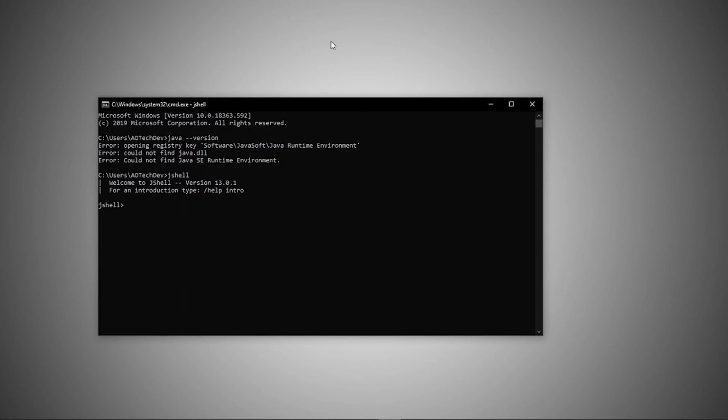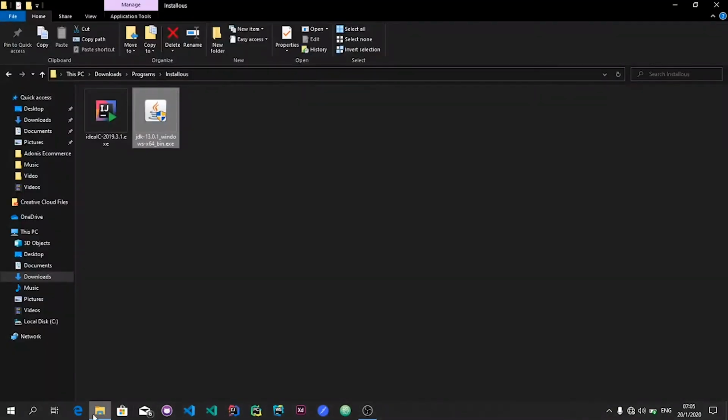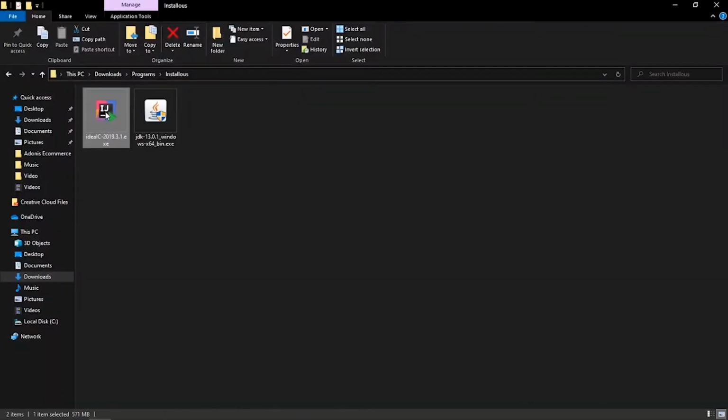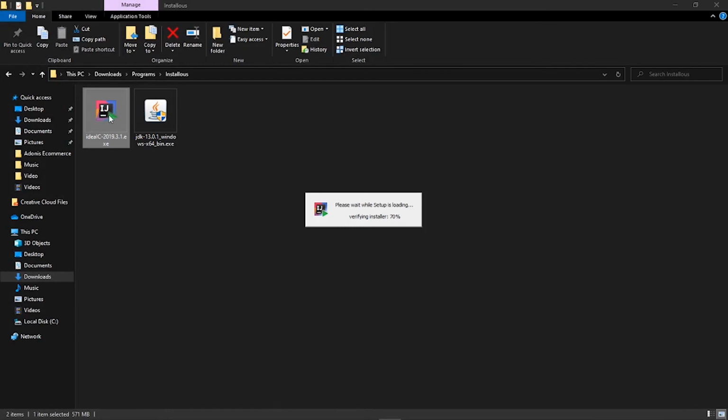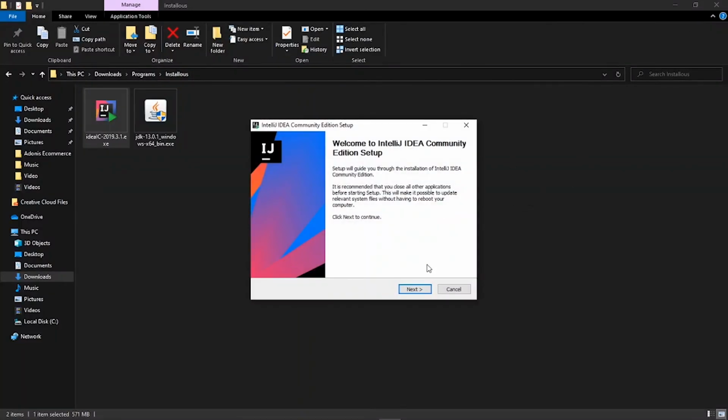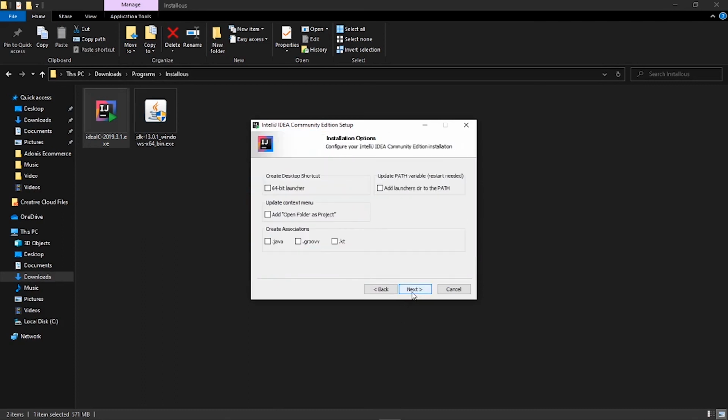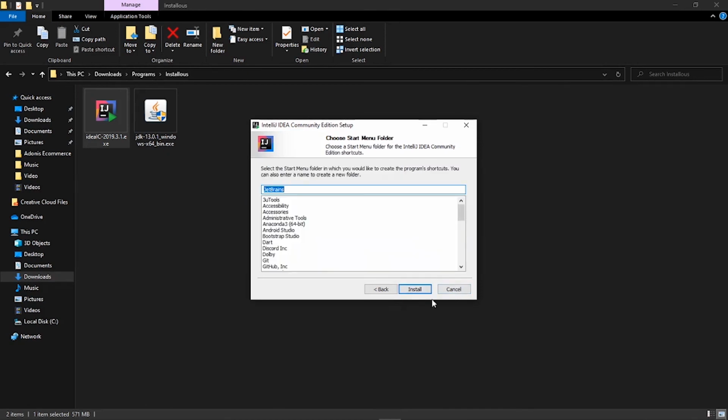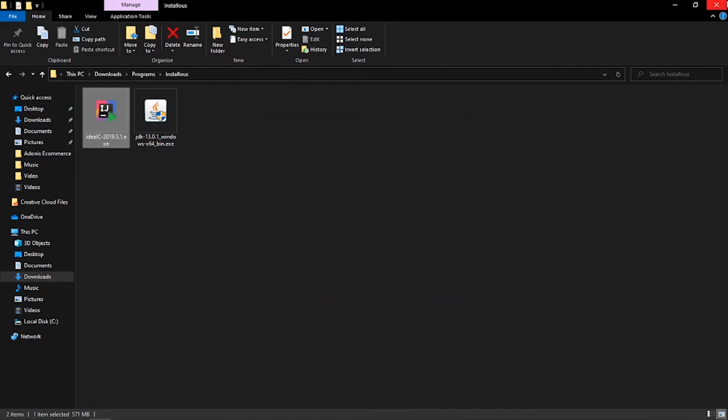So our next part is about installing our IDE, the environment where we are going to write our code. So you just double click on the IDE installer. As I said, you just download a community version. I'm not using a community version because of my reason. I'm using the enterprise version. So what you need to do is next, and just next until you finish installing. Simple like that. So after that, you are all set and you are ready to start writing your Java